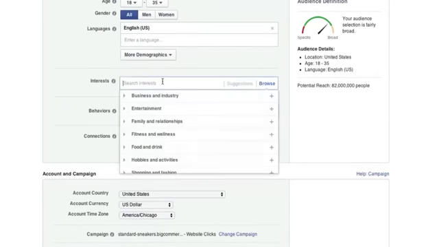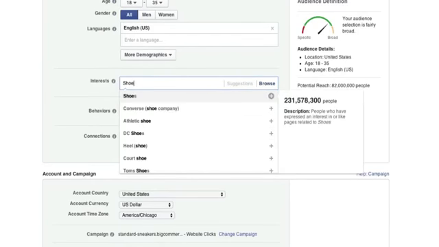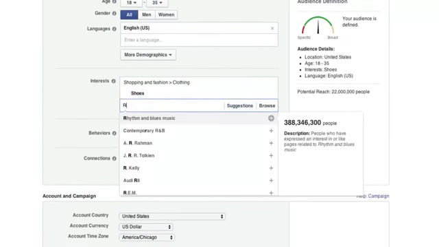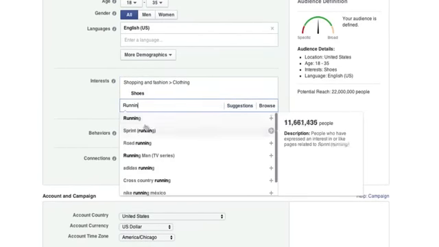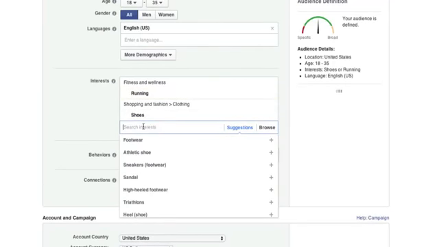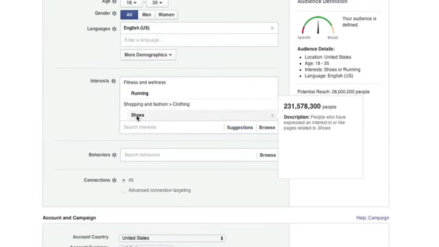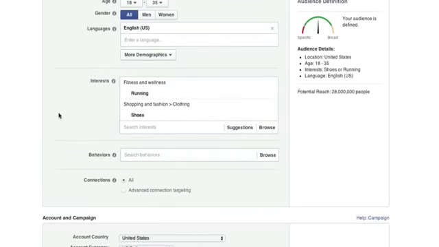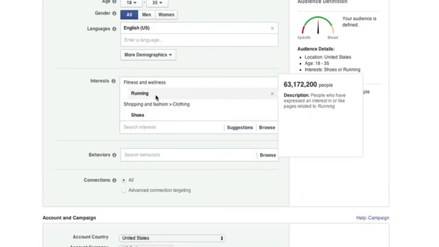Now here on interests, you can actually find some good ones. For instance, there is an interest for shoes. That's definitely something that's going to help us out. We can add others, like there might be one for running. As you can see, there is an interest group for running. Alright, so right now I'm targeting shoes and running. This is a great cross section as I'm selling running shoes, so people interested in shoes and running will